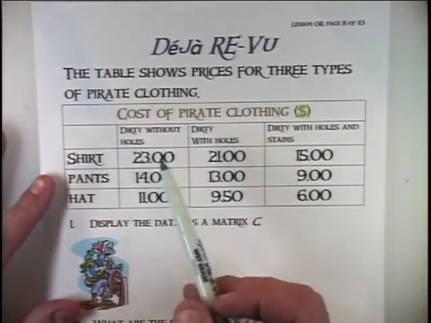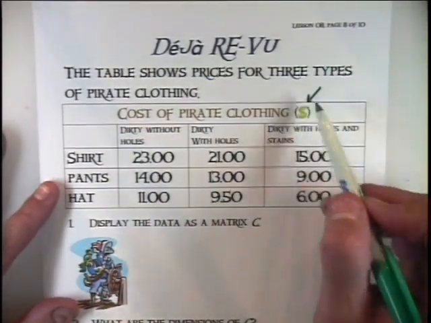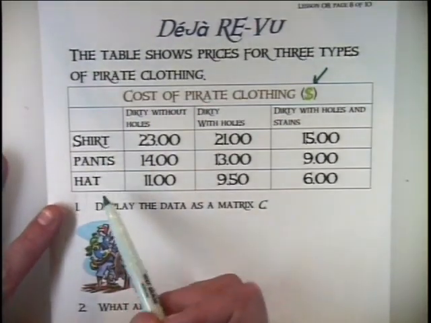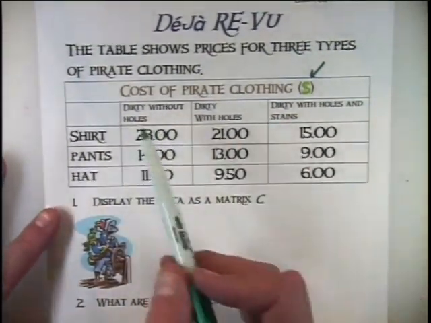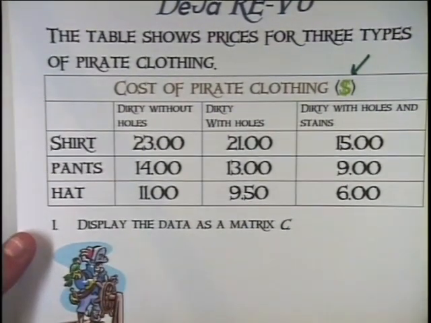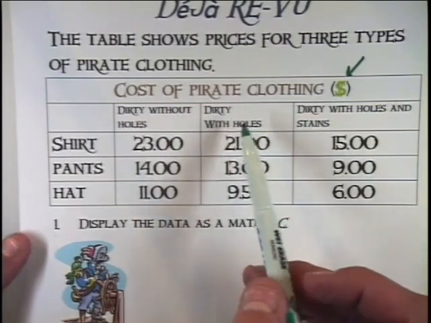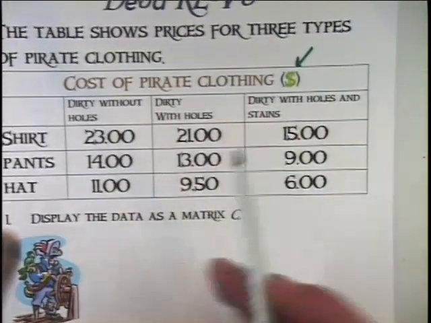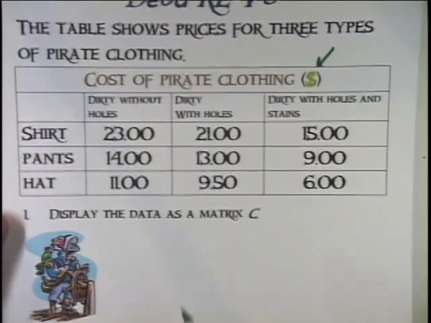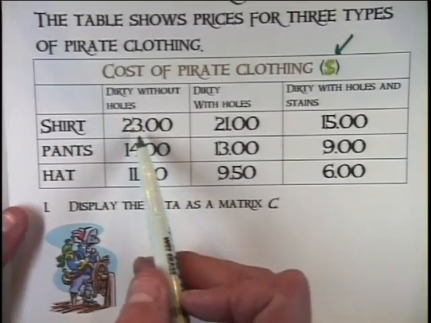Well, he gave me this example. We have a table here that basically is the cost of pirate clothing in dollars. We have shirts, pants, and hats. And here's what we could do. We could buy any of those 3 objects. We can buy them dirty without holes. We can buy them dirty with holes. Or we can buy them dirty with holes and stains. Ho ho! So the best of the three would be, I guess, dirty without holes, and that's why, if you notice, that's